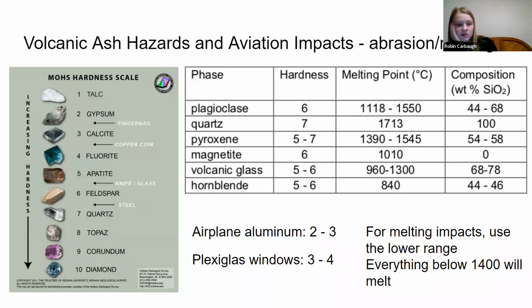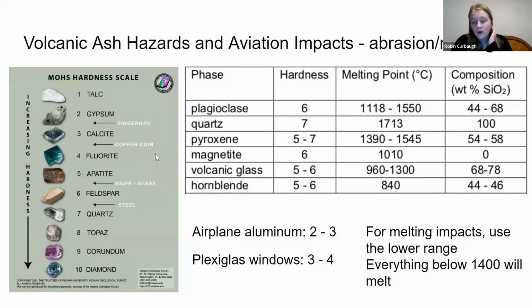So the lab mentioned something called the Mohs hardness scale, which looks something like this. It puts all rocks on just a list of hardness from 1 to 10, 1 being the softest, 10 being really, really hard. And things like fingernail, copper coin, knife, steel, that means it can scratch. So a fingernail can scratch anything lighter than a 3, a copper coin can scratch anything lighter than a 4,